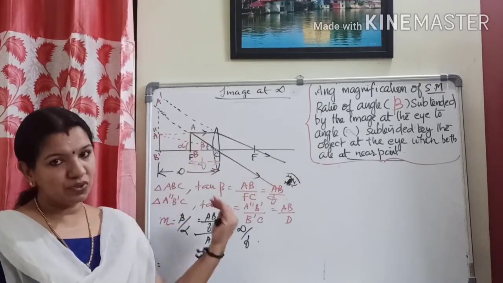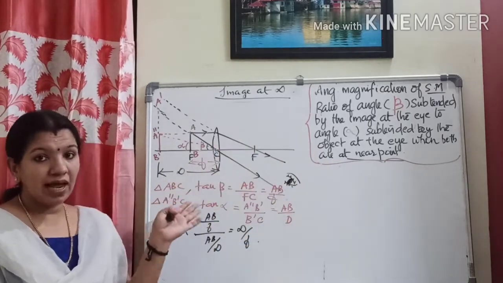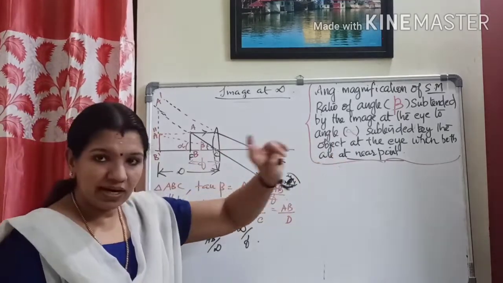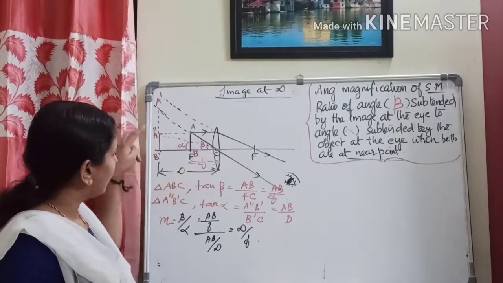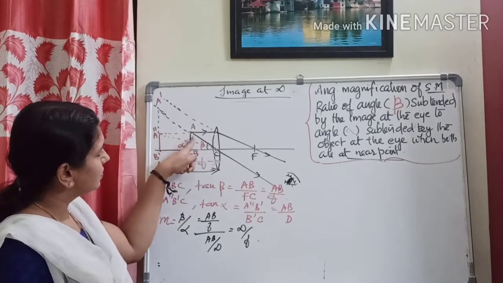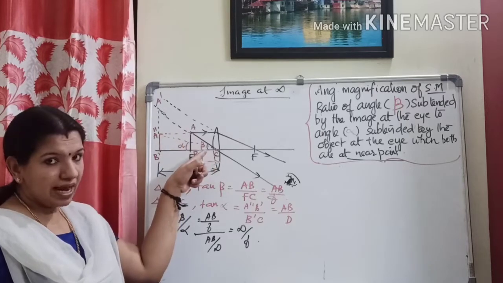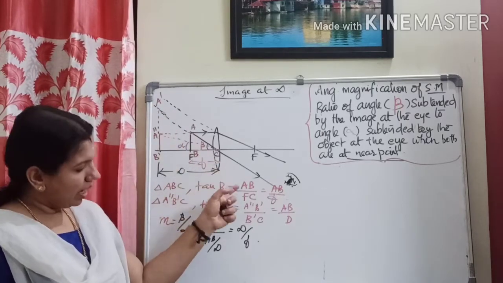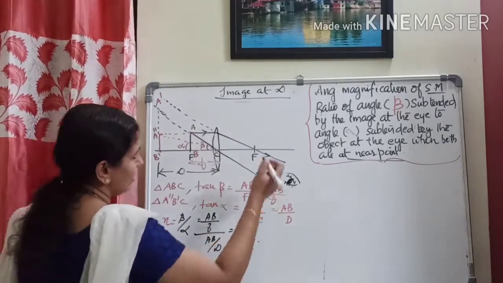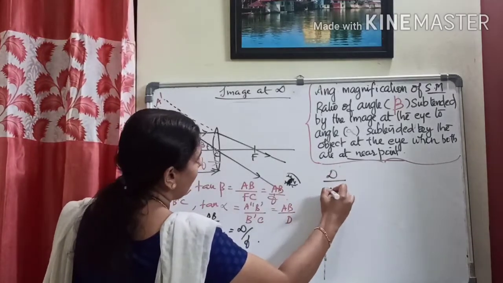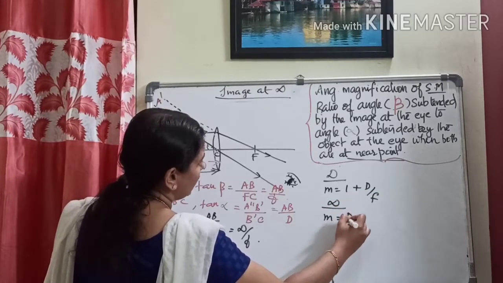According to that definition you have to derive, that is the case. So you have to study the definition clearly, then it is easy to derive the expression. That is, here the condition is both are at near point, that is the condition. Then the triangles that you are taking, be careful about that also, okay. So here two triangles you are assuming, and for finding the angle subtended by the image you are taking the small triangle ABC. Then again A dash B dash C, and you are deriving the expressions, and you get M is equal to D by F. So for the first condition, that is when the image is at least distance of distinct vision, M is equal to 1 plus D by F, and when the image is at infinity, M is equal to D by F.